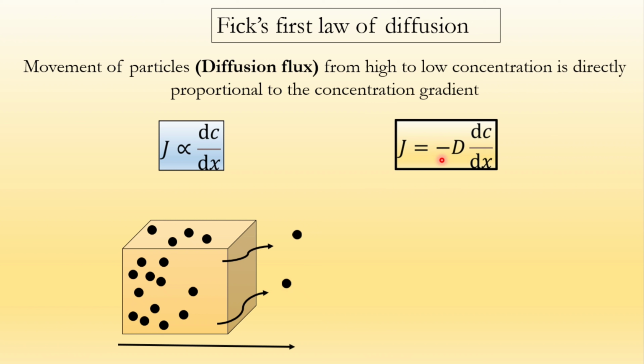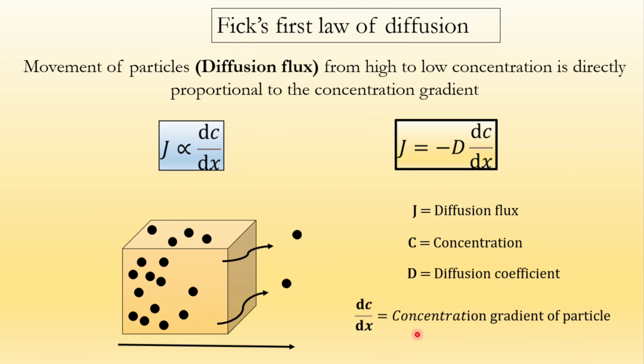Fick's first law is mostly applicable in the case of steady-state diffusion, that is, the concentration of atoms passing through remains constant and does not change with time, as in zero-order release of drugs. J is diffusion flux, C is concentration, D is diffusion coefficient, and dC by dx is the concentration gradient of